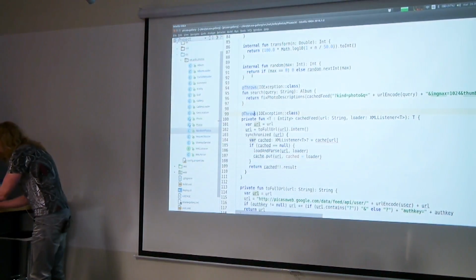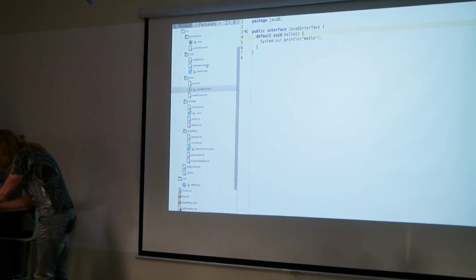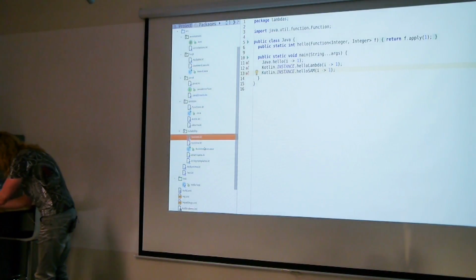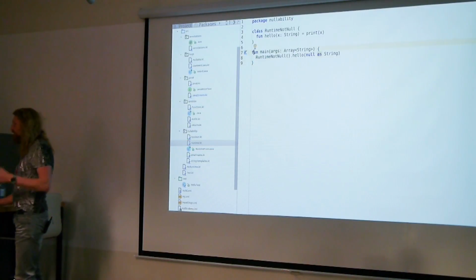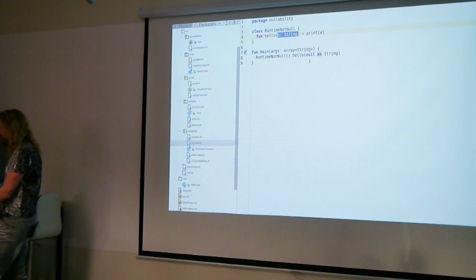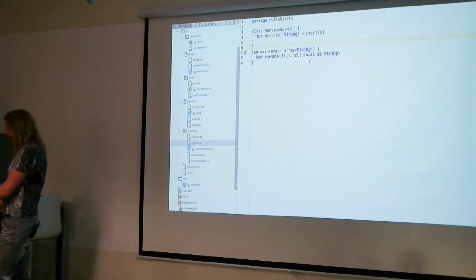I also have some puzzlers, but I don't have time to show them. So let's look. It's nullability. For example, I have a class here called runtime not null. It defines a hello function which takes a not nullable string, and obviously I cannot use it like that.